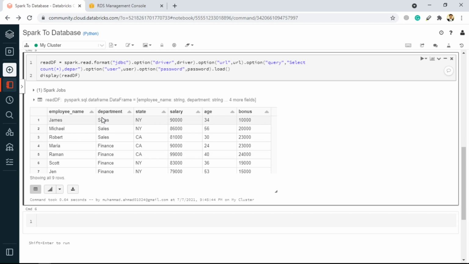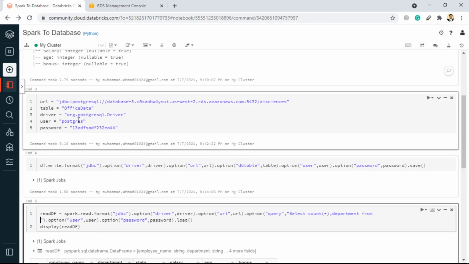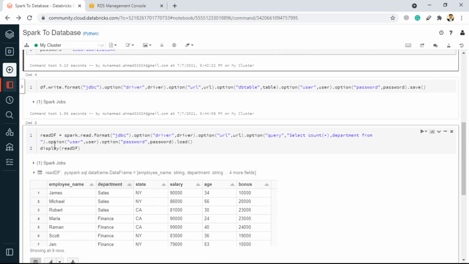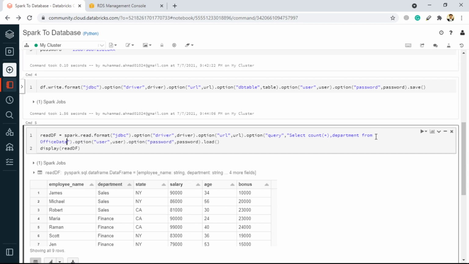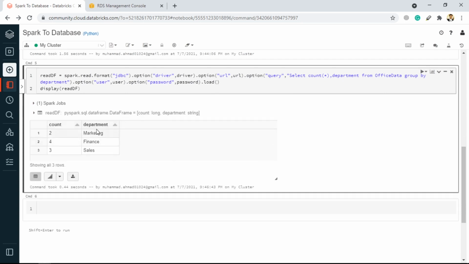So department, and then from the name of the table that we just created, and the name of the table is office data. So it's just like simply writing a query. You can directly query your database from the Spark without creating any temp views or anything like that. You can directly query it. Then inside this group by, we will specify the department. Give it a go now, and we are getting the data.